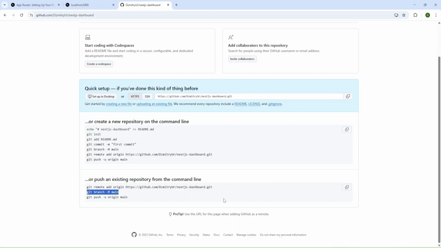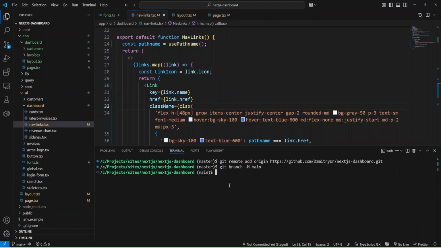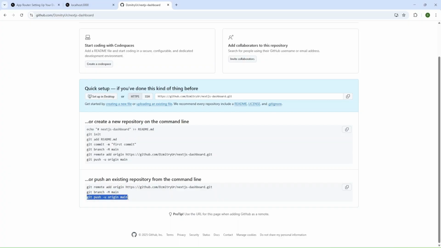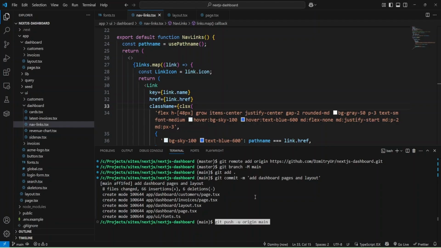Okay, and let's add and commit: git add, and git commit with the message add dashboard pages and layout.